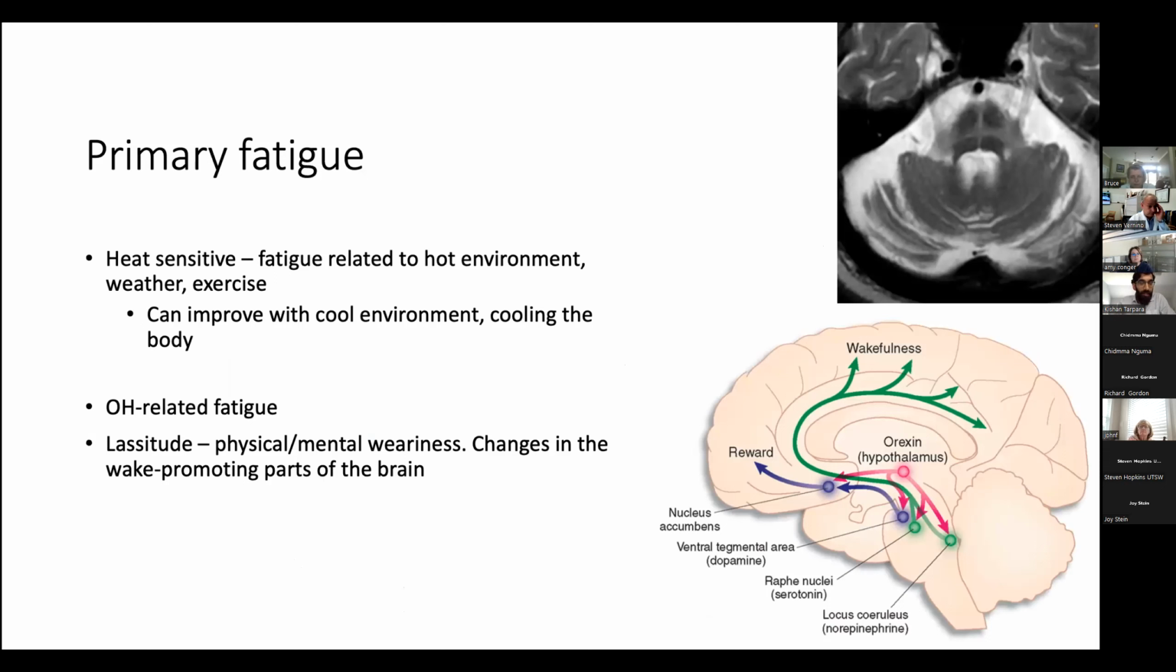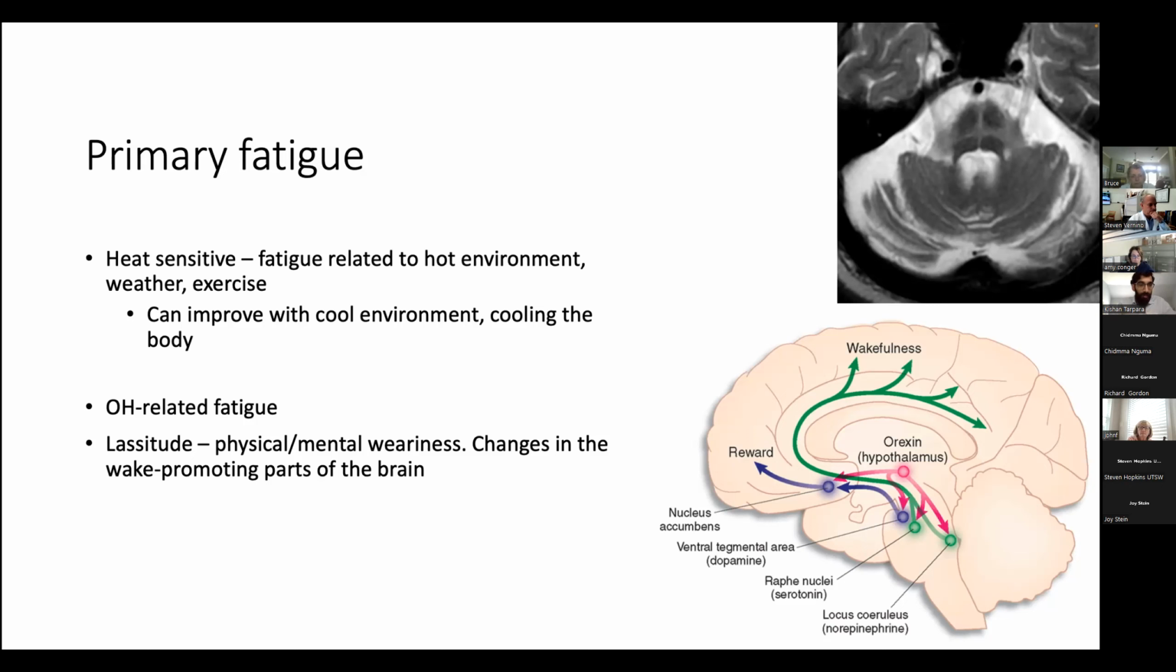So primary fatigue, these are things directly related to MSA. Oftentimes, I've heard patients tell me that I feel much more tired when it's hot, like during the summertime or I'm outdoors. Fatigue related to being in a hot environment or weather. Orthostatic hypotension, so being upright with lower blood pressure, this can also cause fatigue. And then there's just the degenerative process in the brain that's happening in parts of the brain that are important